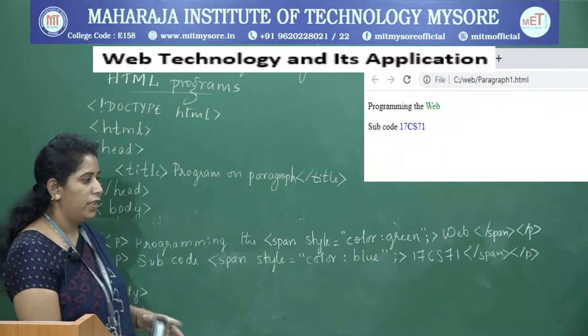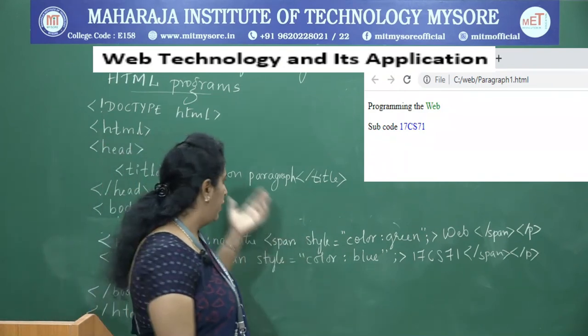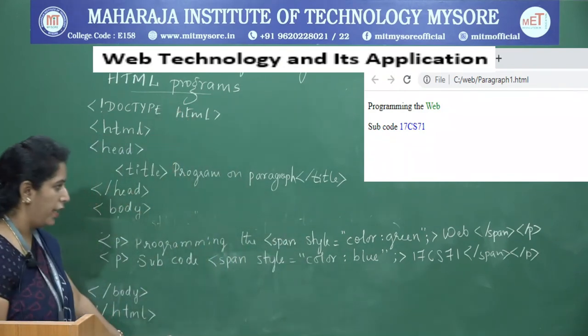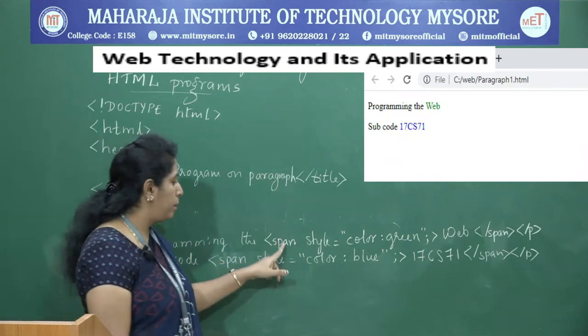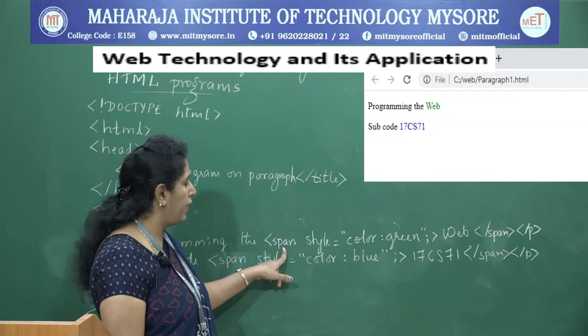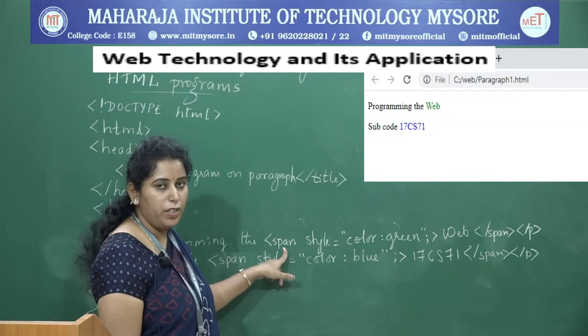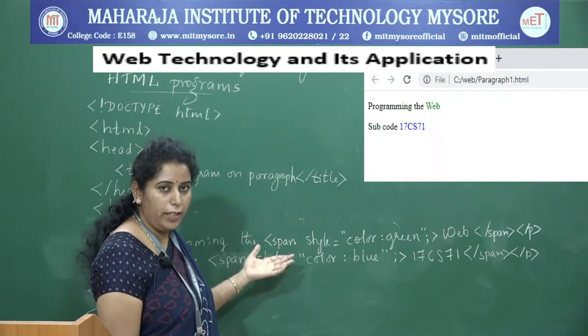For example, I am going to introduce one tag called span. Span is an example of an inline element which does not start on a new line. You can look into this HTML program. I have introduced the span tag, which is called an inline element and does not start on a new line.